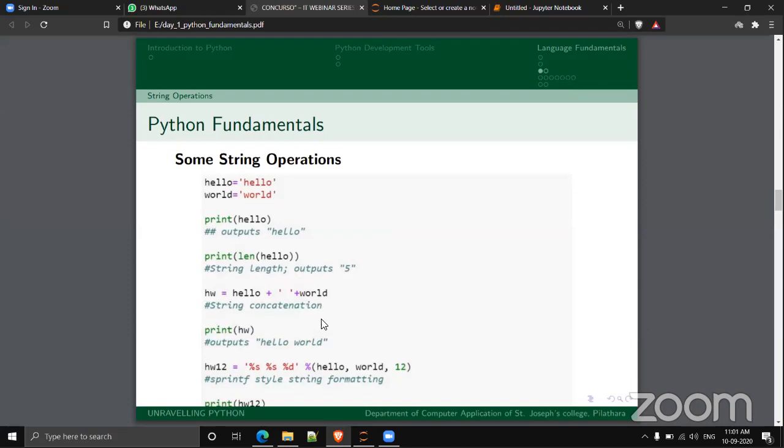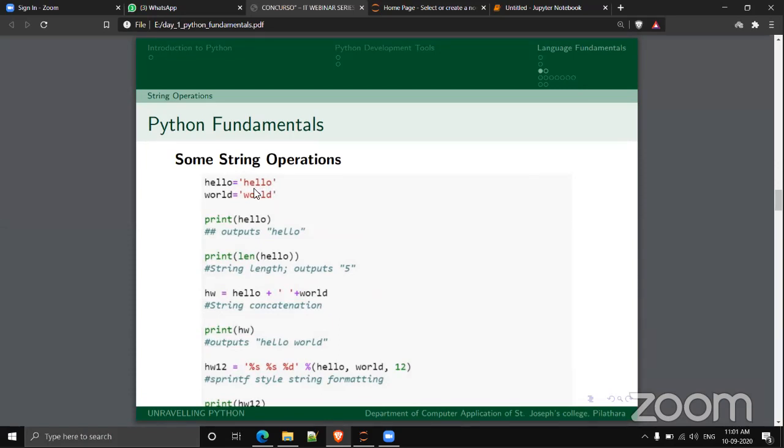Now, one of the important data types we need to understand is strings. A string is a collection of characters, right? Each letter, like H, E, L, L, O, we call a character. And a collection or a stream of characters is called a string.